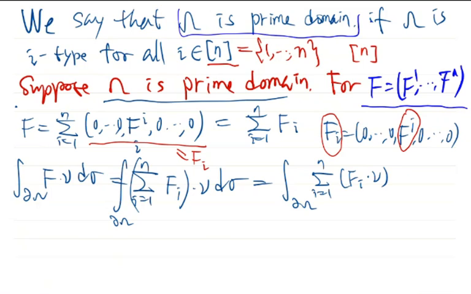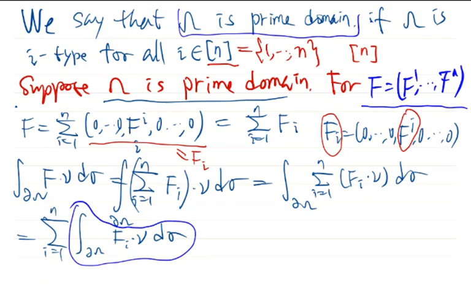And you can switch the order of integration and summation. Now, for this integral, because the Fi here has only one non-zero component, and the domain omega is of I type for all I, by our previous argument, we know that for this, the divergence theorem is true. Therefore, we get